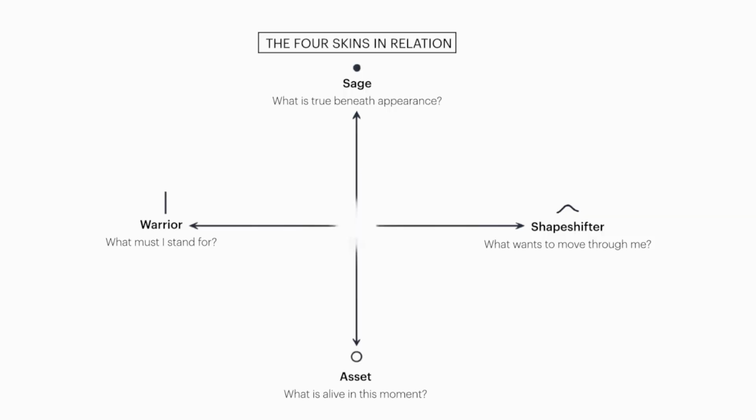Now, just to use the warrior as our case in point, once they've gained a modicum of awareness around that trait and that skin, the first order of business is to balance that skin with its antithesis, with the shapeshifter, with relaxation. So they will need to start adopting some of those practices.